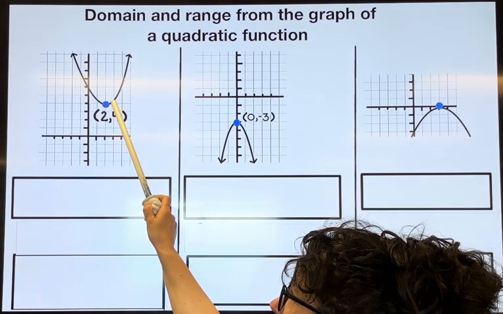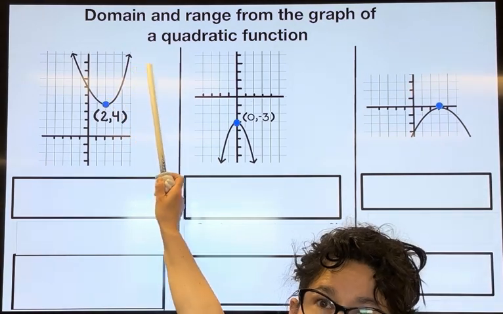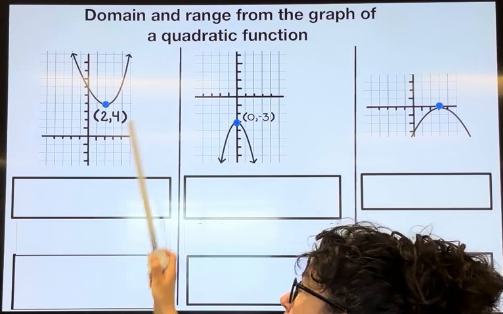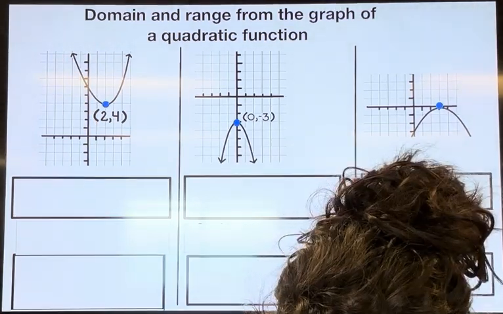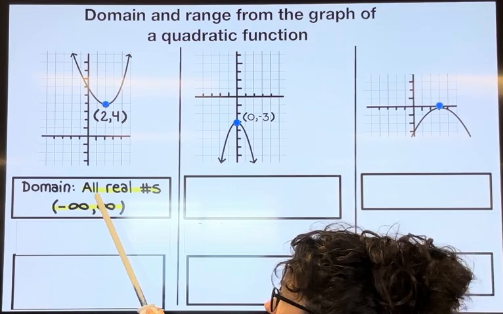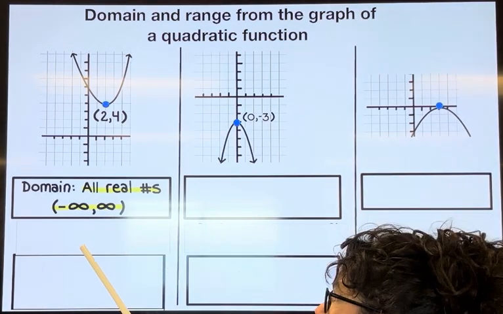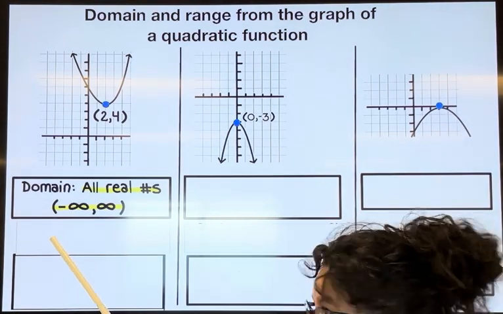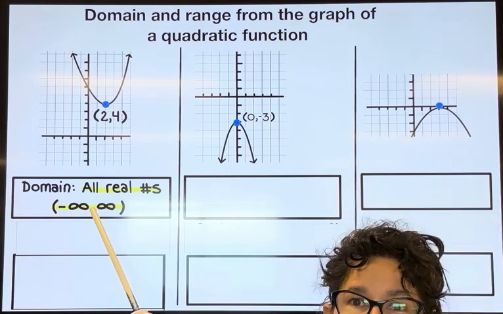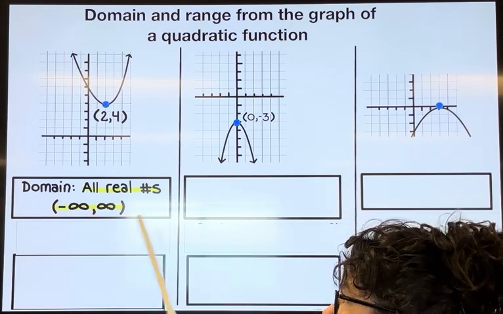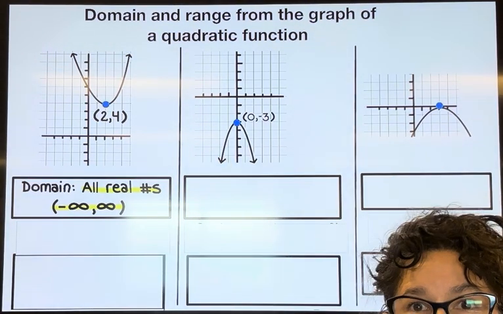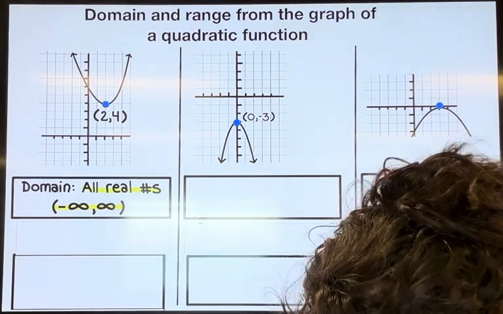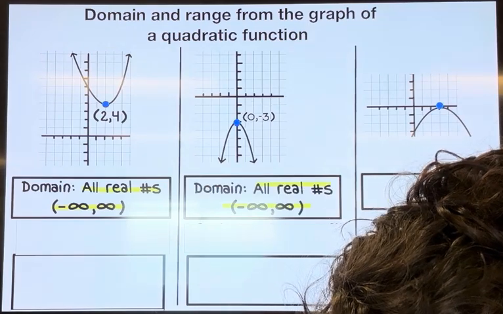It's moving up to the right forever. So this graph goes forever left and forever right, which means that the domain is all real numbers. If you want to use interval notation, that is parenthesis, negative infinity, comma, infinity, parenthesis. In fact, every single one of these graphs, every parabola, the domain is going to be all real numbers or